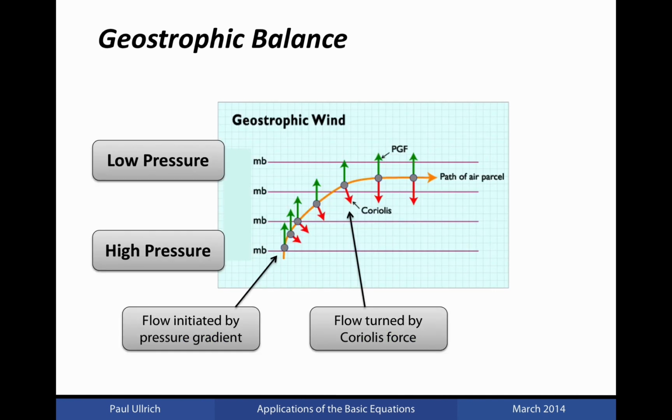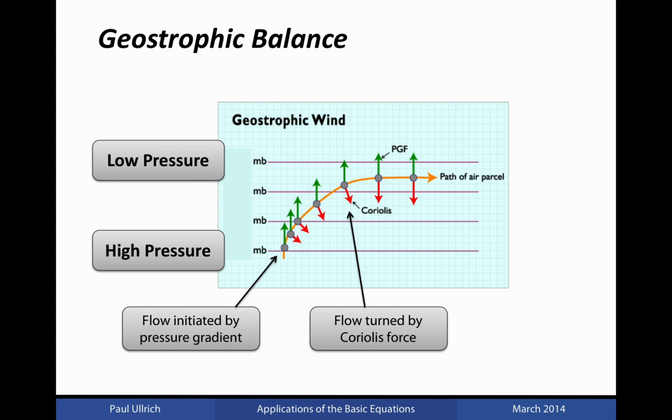So just to recall, geostrophic balance is this balance between Coriolis and pressure gradient force. In this case we have a pressure gradient force which is directed northward. The purple lines in this diagram are indicative of lines of constant pressure with high pressure to the south and low pressure to the north. In correspondence with how the pressure gradient force behaves, recall that it always forces air parcels to move from regions of high pressure to regions of low pressure. The Coriolis force, on the other hand, is